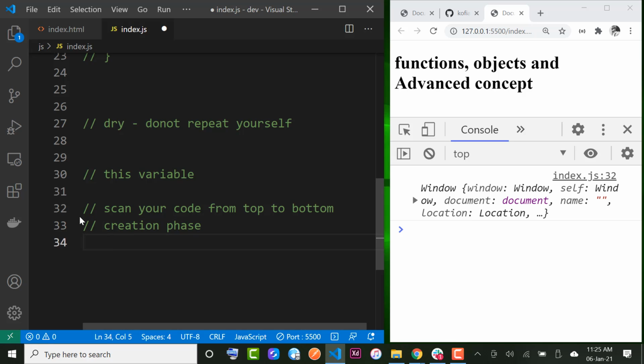Alright. So in the creation phase, it will create a variable object. Try not to worry about understanding that for now. And then the next thing it will do is set the scope, and then it will create this object. I want us to talk about this part of what it does when it scans through your code. When it scans through your code, let's say for example,